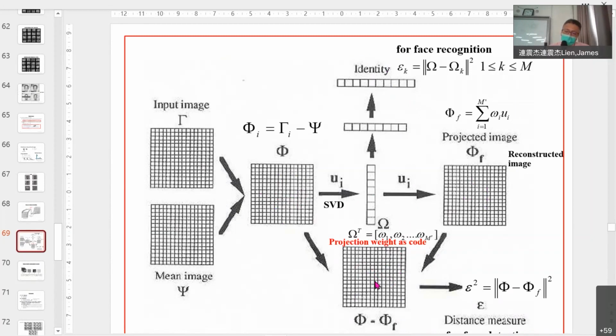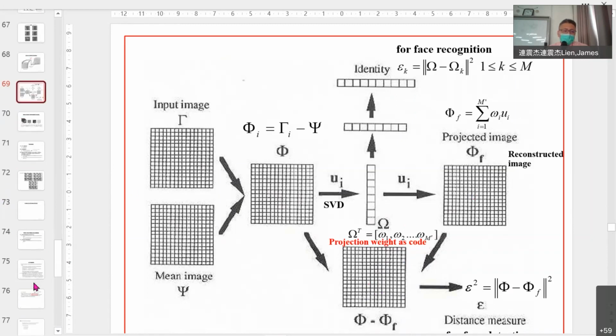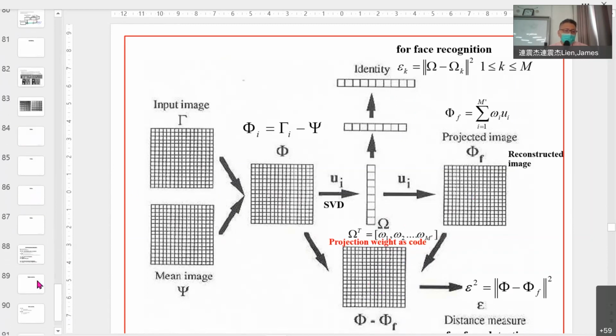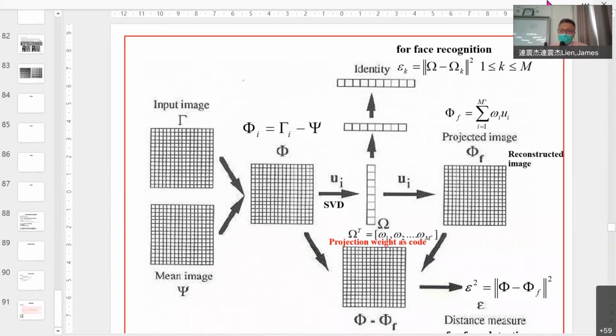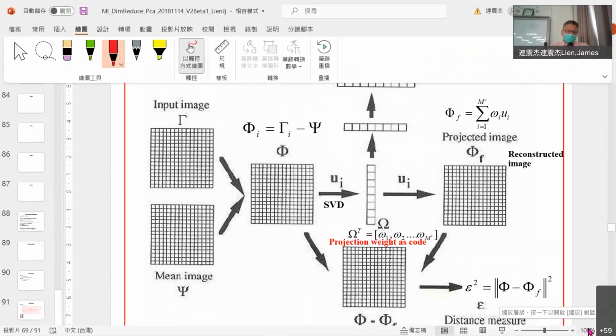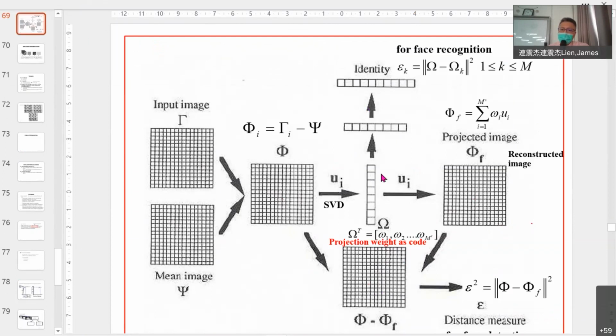Detection is yes or no. 所以这边可以做 reconstruct，可以做 face detection，可以做 face recognition，就这样。